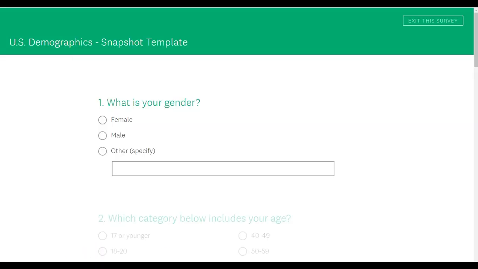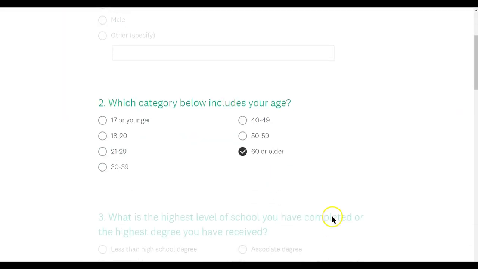Here you will see a snapshot template from SurveyMonkey, and I provided this link to you online, where you will see the kinds of questions that are typical and demographic kinds of questions. So, for example, gender: female, male, other, and then again, you'll want to have an area where people can specify. And in which category, and this is the age category, and you can see that there are ranges,